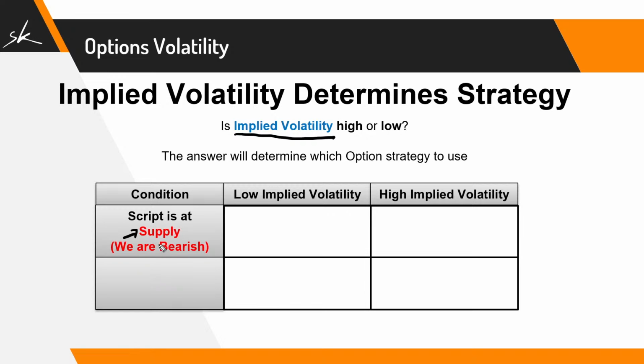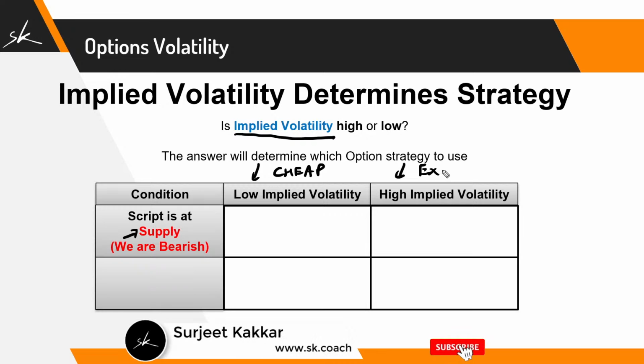Now, two conditions can happen. As of now we are talking about two conditions; as we move forward, we'll be talking about more conditions as well. Those two conditions are that implied volatility can be low or implied volatility can be high. Low basically means cheap and high means expensive. So low means cheap, high means expensive. So what can I do? Because I am at supply,